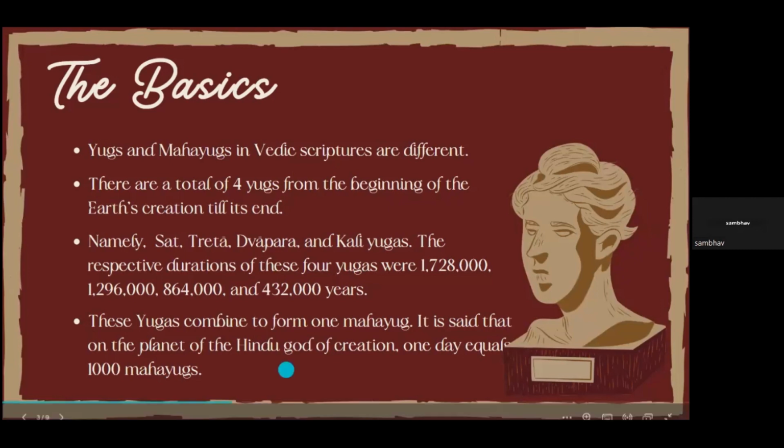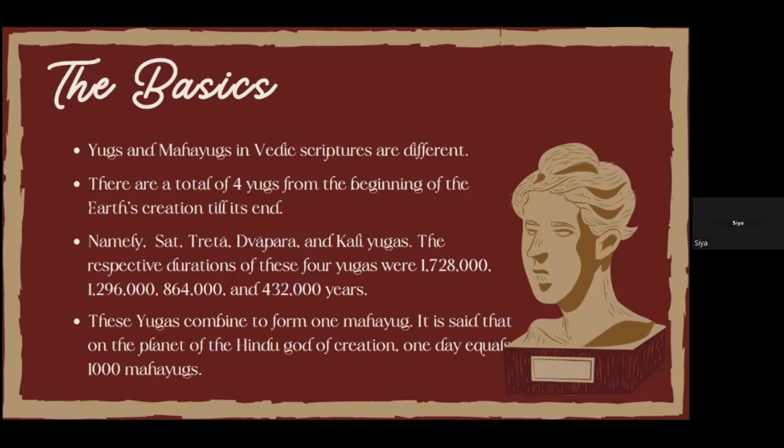So again, it's like a chain. After Kali, we'll come back to the same place, to the starting. It's a cycle. At the end of the yug it will be destroyed and then it starts again. So at the beginning of Satyug, everything is created again, and then at the end of Kali Yug, it's all destroyed. That's how it works.